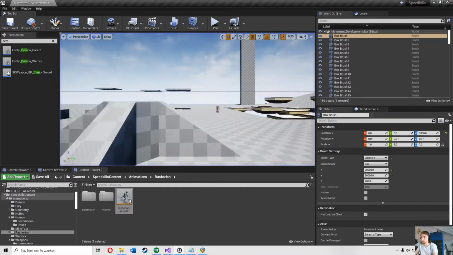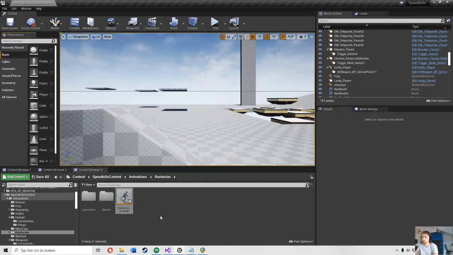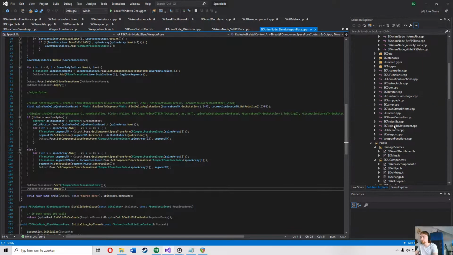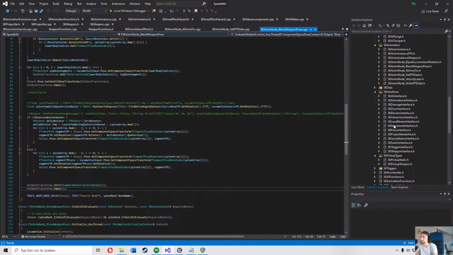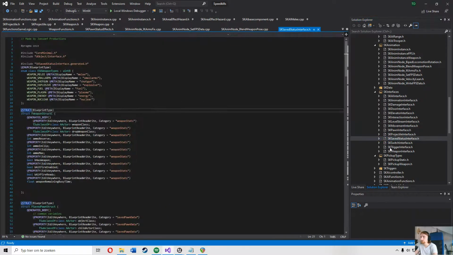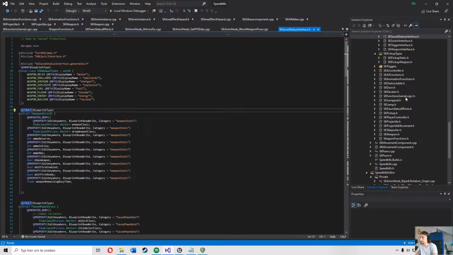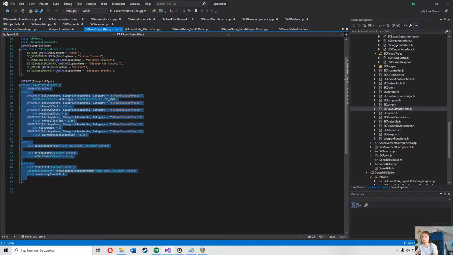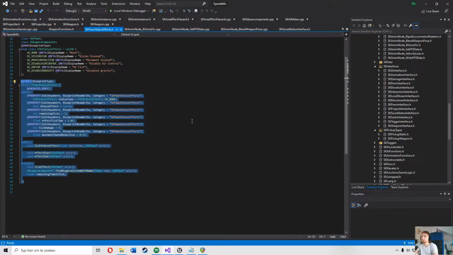But yeah, that's that. I guess I'll quickly talk about status effects. So I have reworked the way status effects work. I mean, I've never really had any status effects code. So here I have my status effects. Status effects are basically saved in a struct, not a class, and I can have an array of status effects inside of the pawn. So the character has an array of status effects,